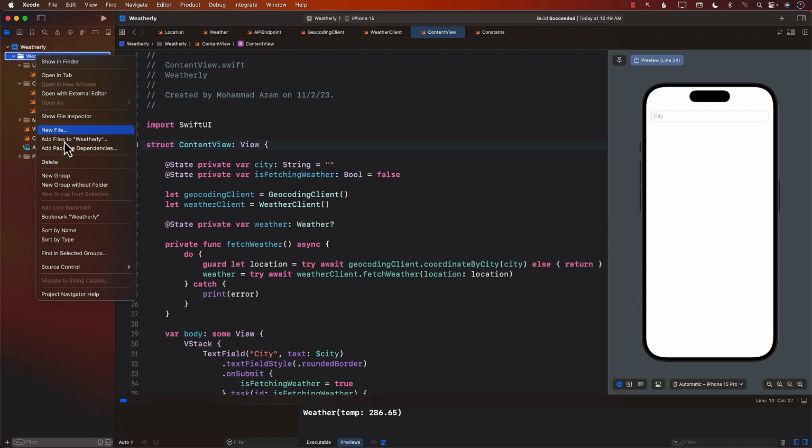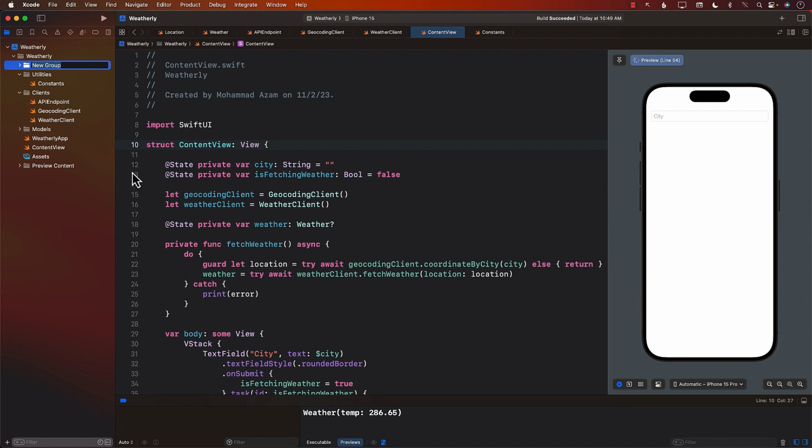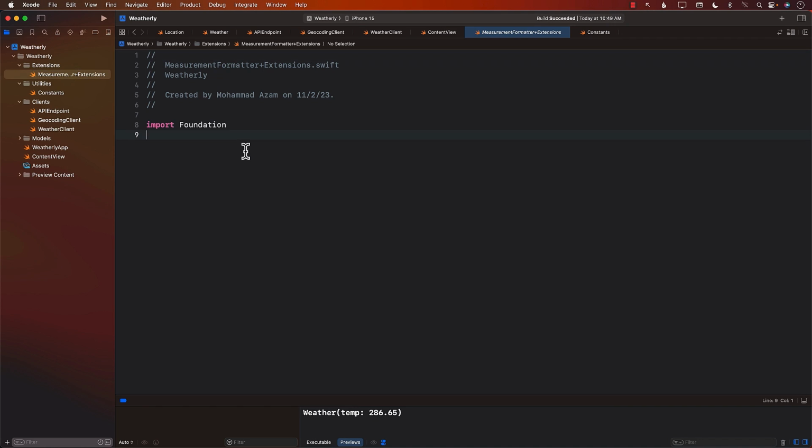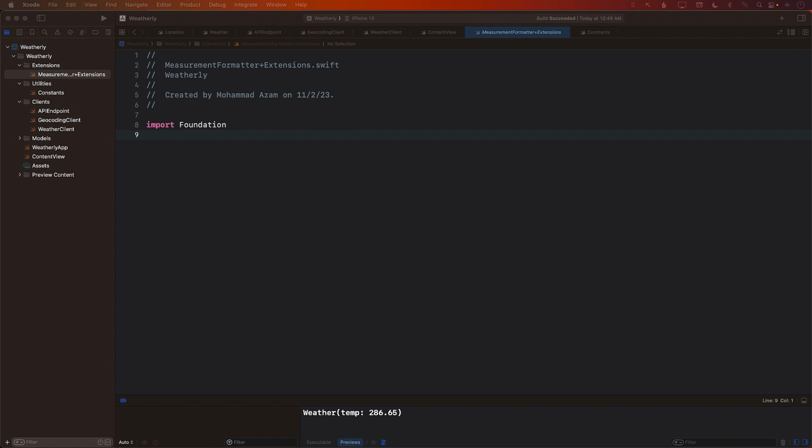So for that, I'm going to go ahead and add a new group. I'll call it extensions. And I'll add a new file. Measurement formatter. Okay, let's rename this to measurement correctly. Measurement formatter plus extension. So measurement formatter is already a built-in class that is already in your iOS framework, and